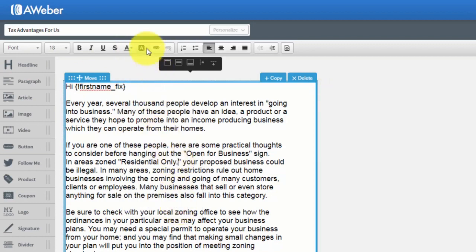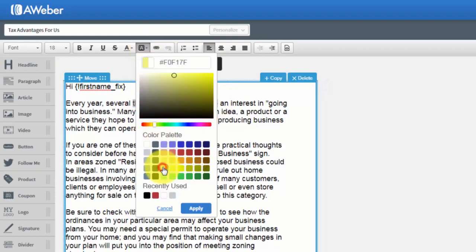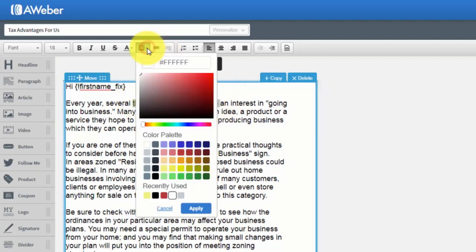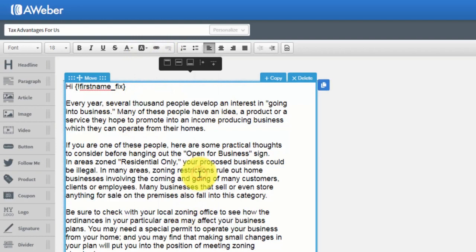You can actually highlight a background. So for example, we could take this text and we can actually put a yellow background there. And you'll see that there is a background. We can take that background right back off and click apply. So you have all of the same text features that you would have inside of any word